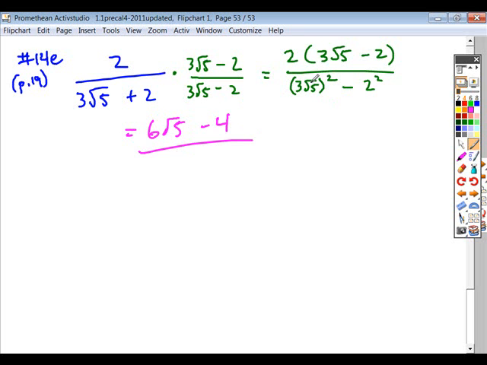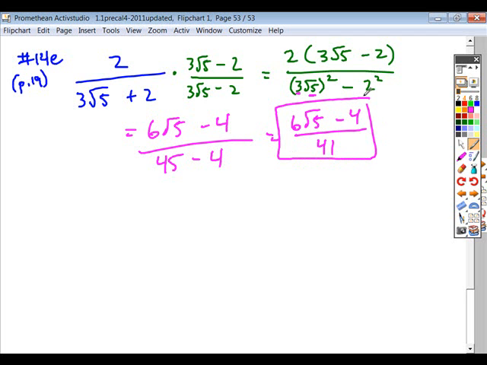And then in the denominator, exactly the problem that most people have is they forget to square the 3. This is a power of a product. So this power applies to all factors of the product. So it applies to the 3 and the root 5. So what is 3 squared? 9 times what is root 5 squared? 5. So 5 times 9 is 45, and then minus the 2 squared. So really what you're looking at, 6 root 5 minus 4 all over 41. So this is the simplified